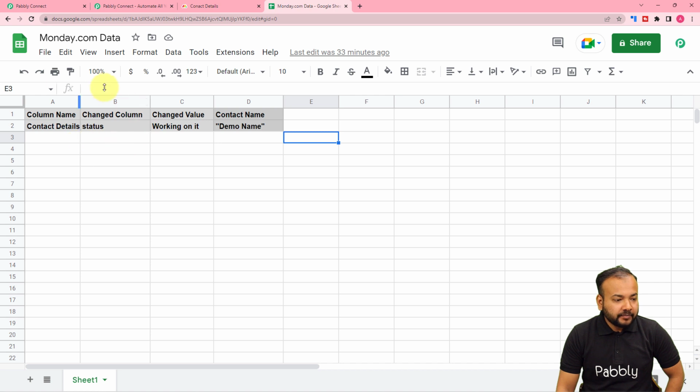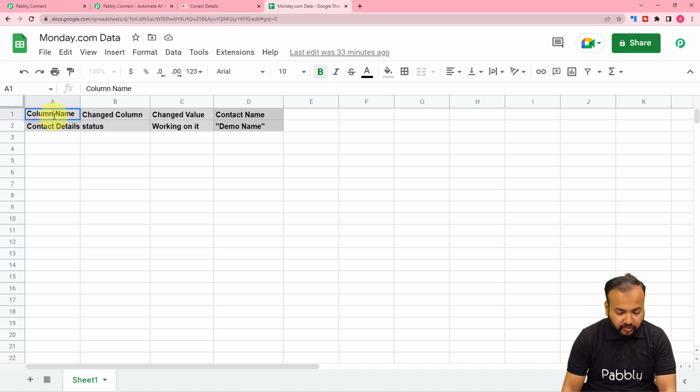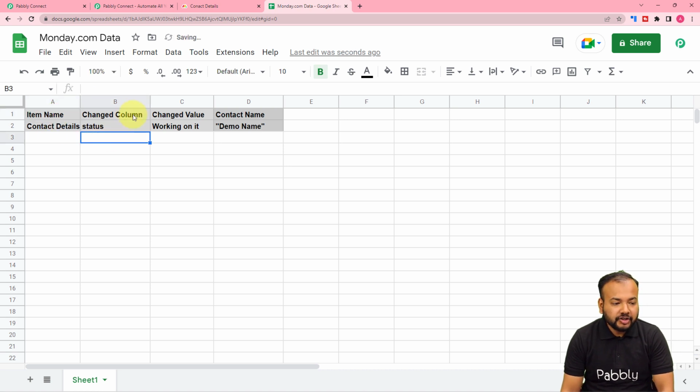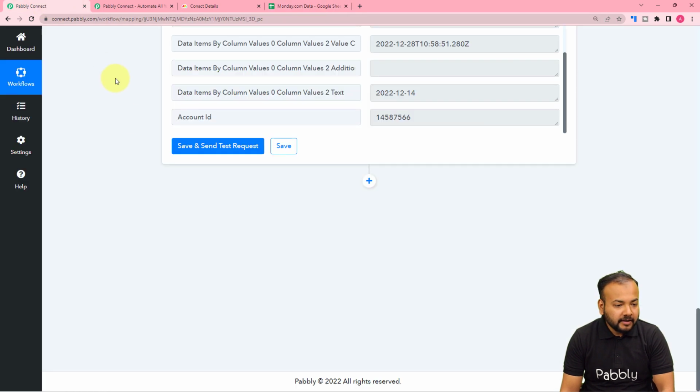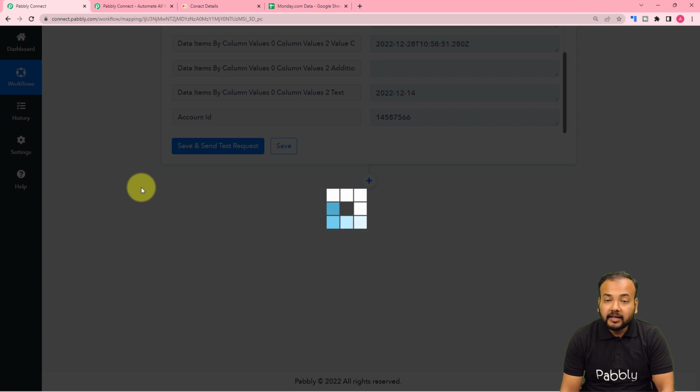monday.com data. This is the spreadsheet I have and these are the details I want to mention here. The item name, the changed column name, the changed value, and the contact's name. Okay. Now guys, for that you just have to click here on this plus icon and another actions tab will